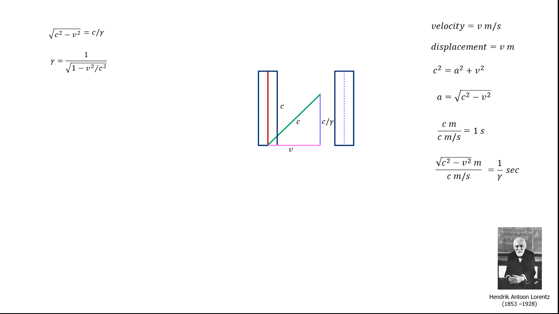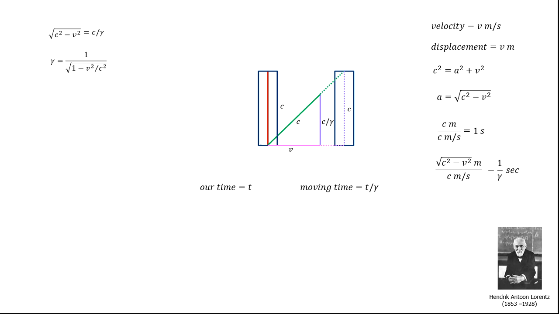Let's extend the moving light clock so that the beam reaches the top. This distance is now c meters. Rather than this taking 1 second, let's use the variable t for time. We determined earlier that if our time was t, the time we observe for something that's moving is t over gamma. The light clock would have to travel this much farther. The beam of light would thus travel this much farther from our perspective.